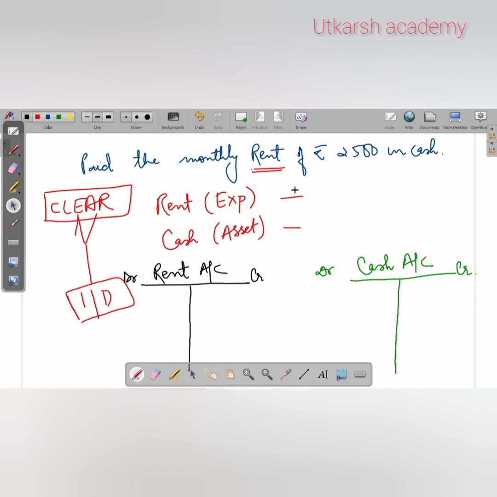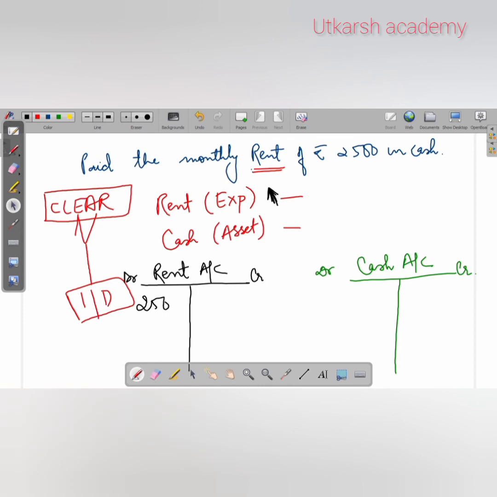So the payment of rent is an expense which decreases the capital, because as I have told you, the rule of accounting equation, whenever there will be expense, we will deduct from capital. So capital is reducing here. Okay. So reducing here, fine. Capital is reduced. Are you getting me? Capital is reduced and we are paying the rent, which is an expense. Expense is increasing. So if it will increase an expense, we will show on the debit side.